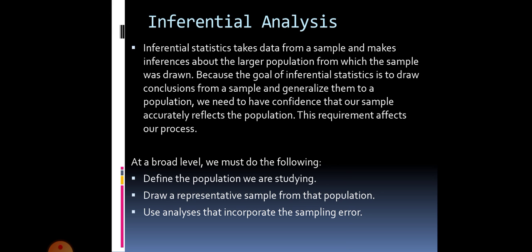Like if in this small population this kind of change is there, then for the larger population the same kind of changes are possible. This kind of analysis we do with the help of inferential analysis, because the goal